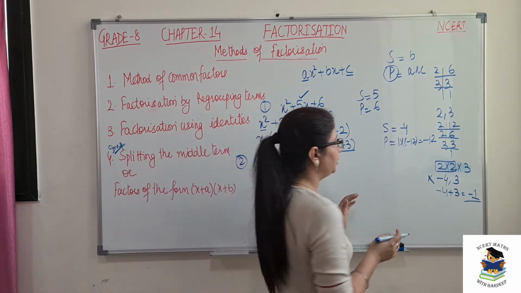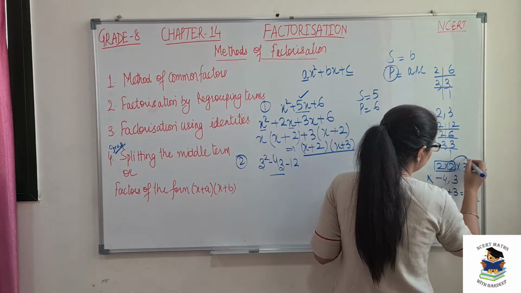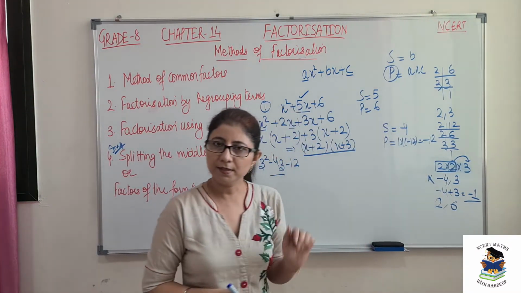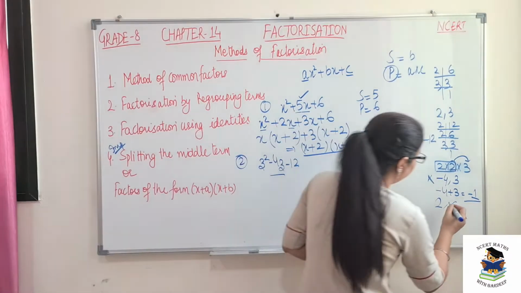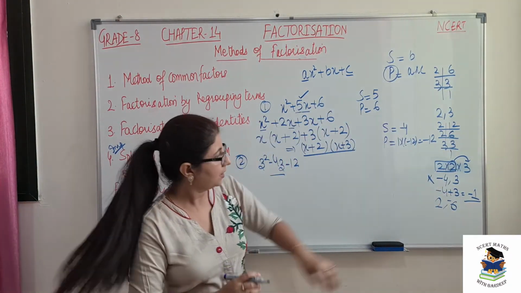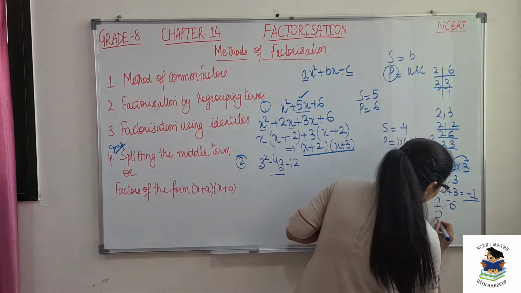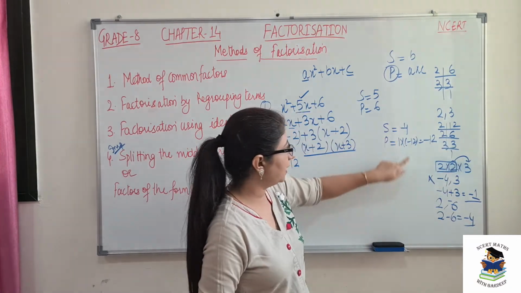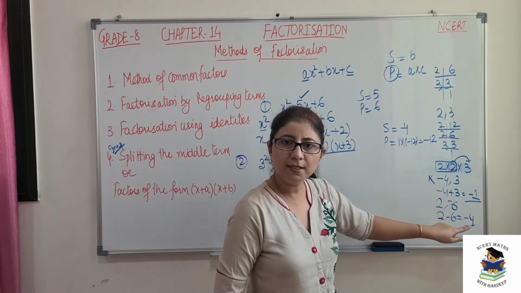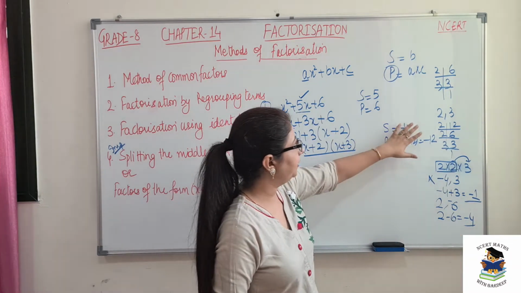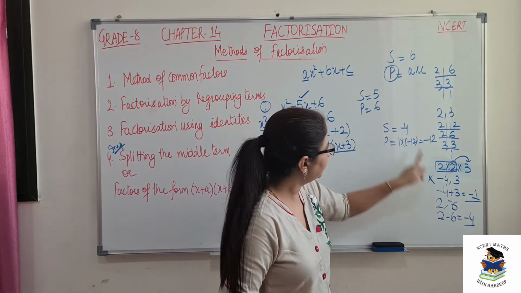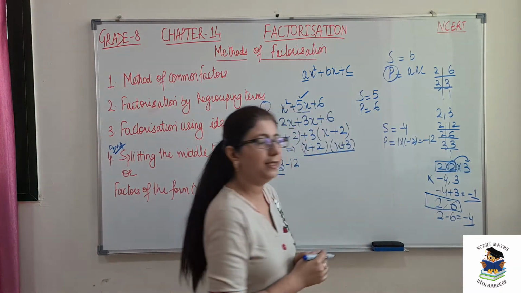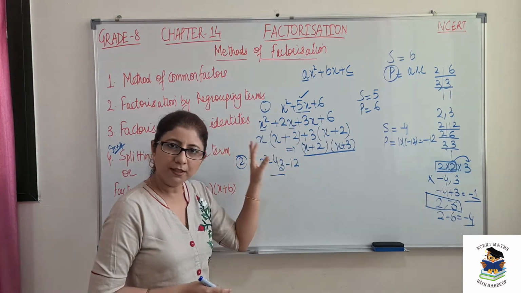So now let's rearrange it. Suppose I am merging this 2 with the third one. So the first factor should be 2 and the second factor should be 6. Again the product is negative, so the bigger number should be negative, that is minus 6. Now we can add them: 2 minus 6 will give me minus 4. Here I can justify this: when I use 2 and minus 6 as factors, if multiplied I definitely get minus 12, and if I add them I will get minus 4. So the two factors here are 2 and minus 6, which we will use for splitting the middle term.